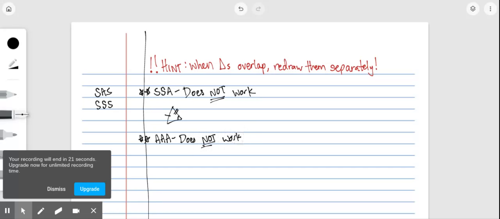Okay, and this is because if you just have the angles, then you could stretch or shrink it. It's kind of like when we used dilations in the last chapter. You can make that triangle as big or as small as you want. It does not work. It will not give you congruent triangles every time. Okay,